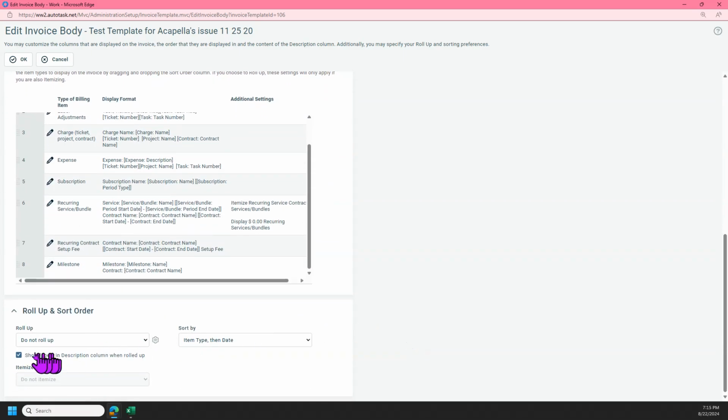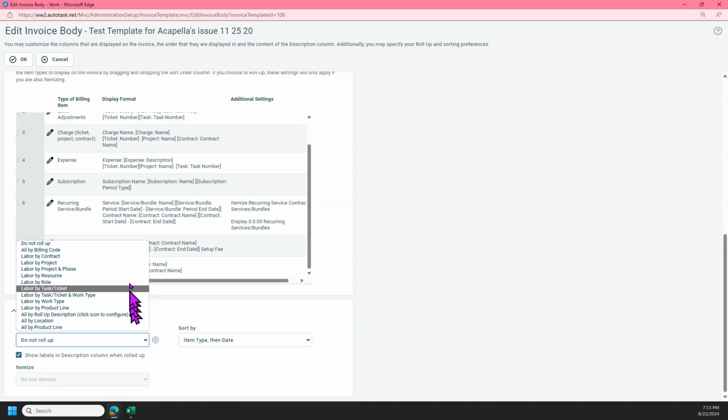opportunities. So here you have roll up, do not roll up, all by billing code, labor by contract, labor by project. So this is all the different ways you can roll it up. Do not roll up is the detailed level, but you could roll up by location, you can roll up by work type, you can roll up by billing code, and that